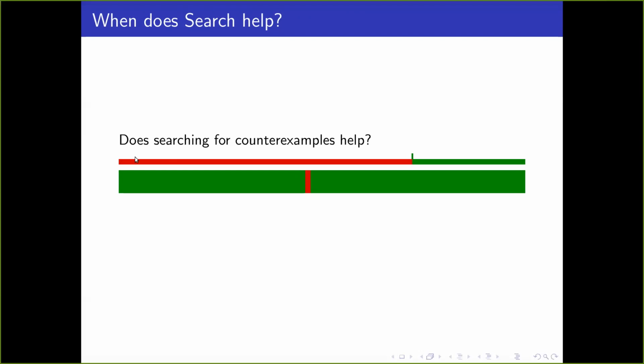I've tried to show this here, but it's a little bit confusing because there's many different classifiers which are consistent. So you could have one which says everything to the left of the point is red, or it could be a much smaller portion to the left which is red. Right, but the thing that you're relatively sure about, if we structure things the right way, is that everything to the right is green, just because of the way the set of classifiers is constructed. It may not even be true here.